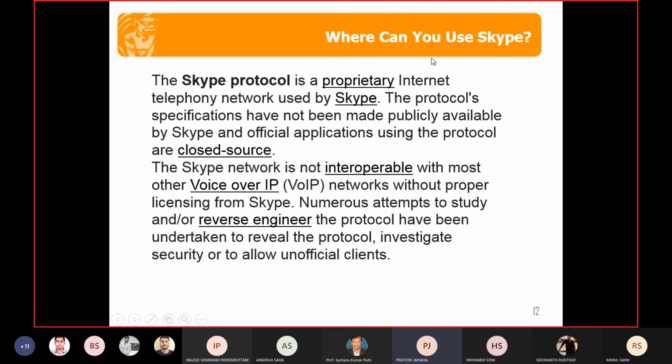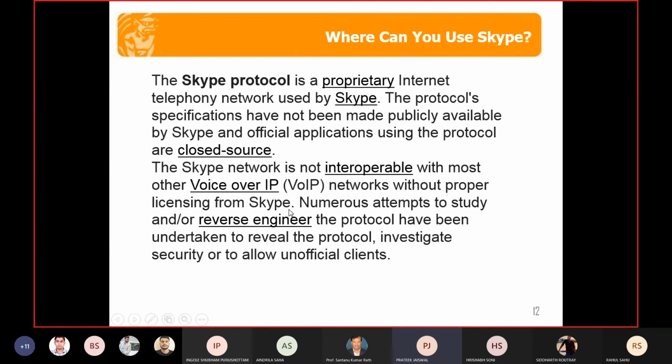Where can you use Skype? As we know, the Skype protocol is a proprietary internet telephony network used by Skype. The protocol's specification has not been made publicly available by Skype, and official applications using the protocol are closed source. The Skype network is not interoperable with most other voice over IP, like the VoLTE networks we use nowadays, without proper licensing from Skype.